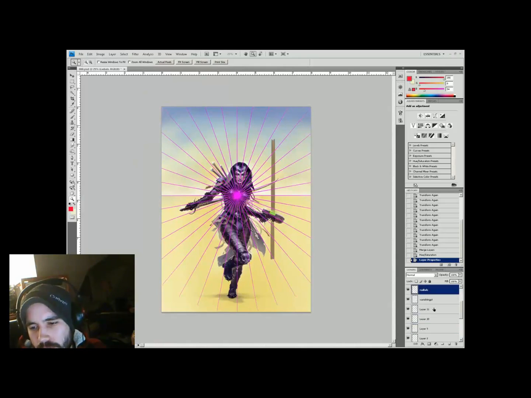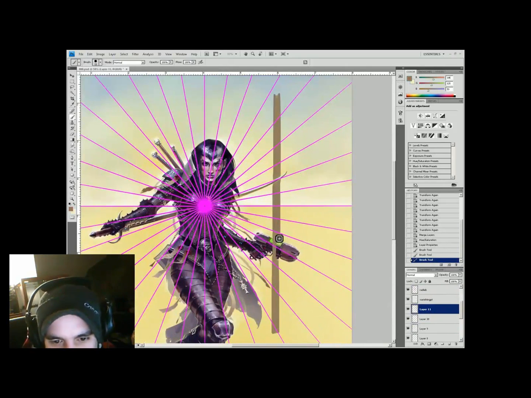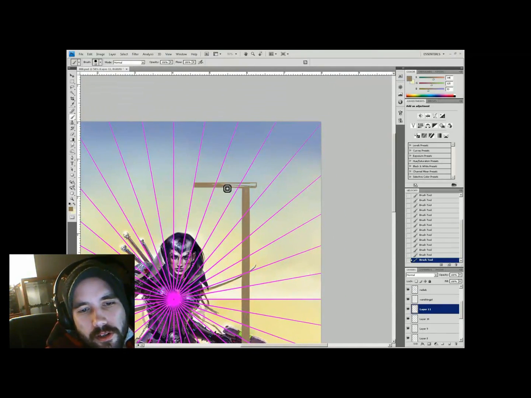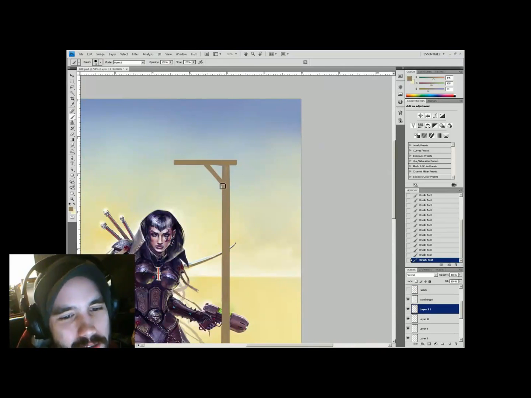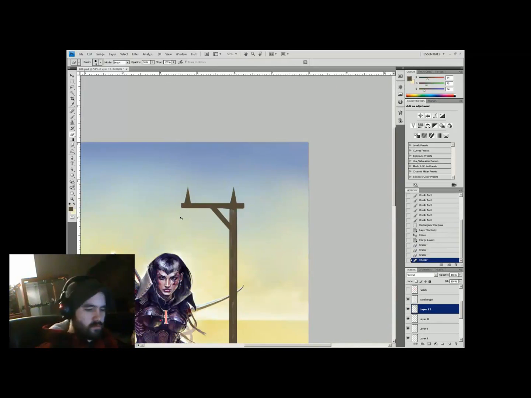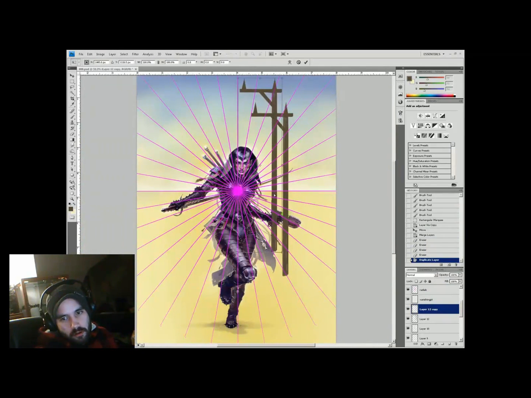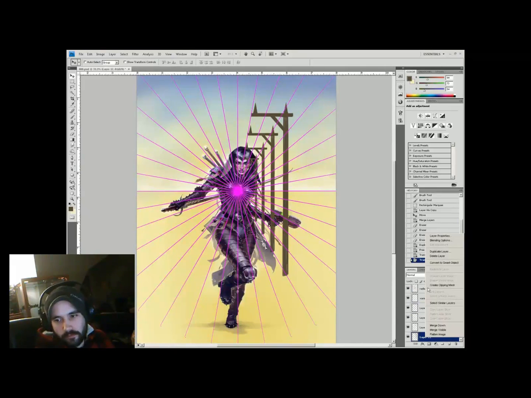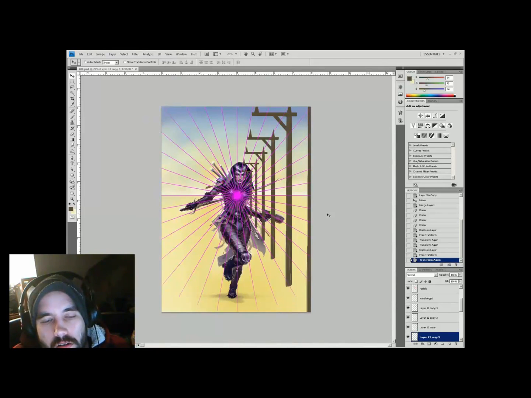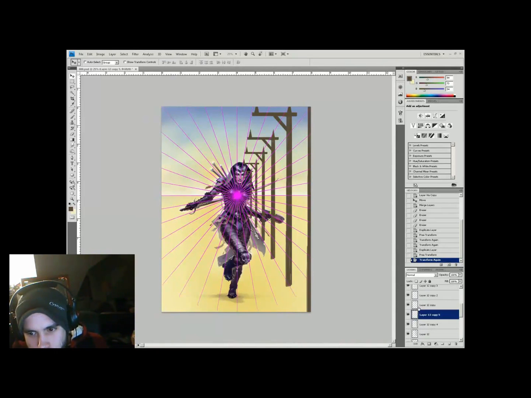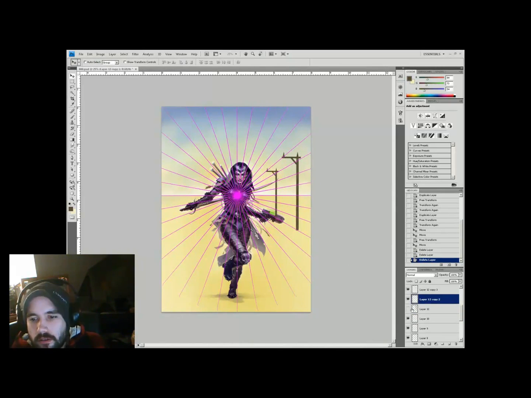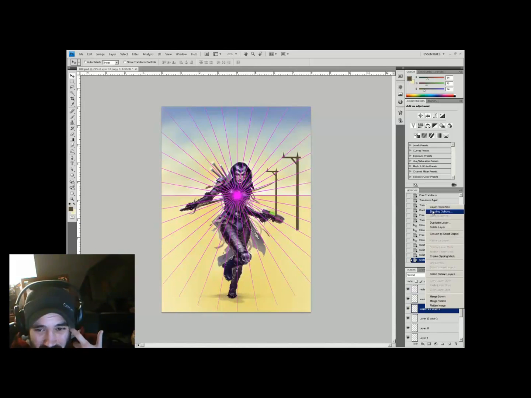Also, right now I'm using just the brush tool to make perspective lines. It's very easy to do. All you do is you click once in the center, and then you click out, and then there's a couple ways you can do it. You can just keep doing that very quickly, or you can duplicate one of those radii coming off from the center, the vanishing point. You can duplicate it, transform it, so make sure that your axis rotation is the center versus the middle of the line, and then just transform, make it rotate